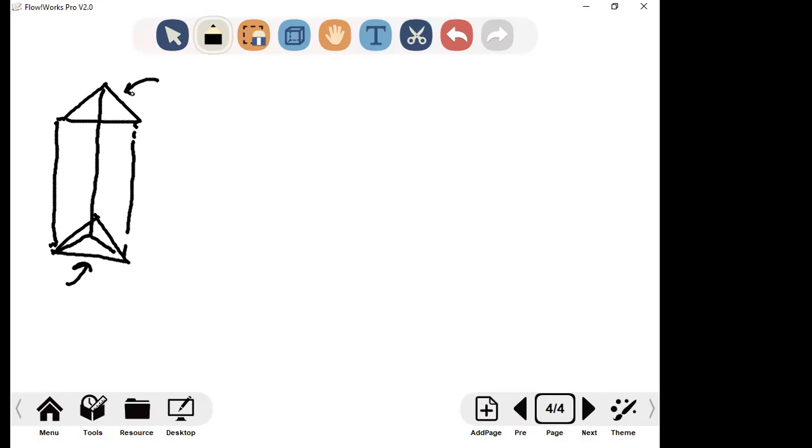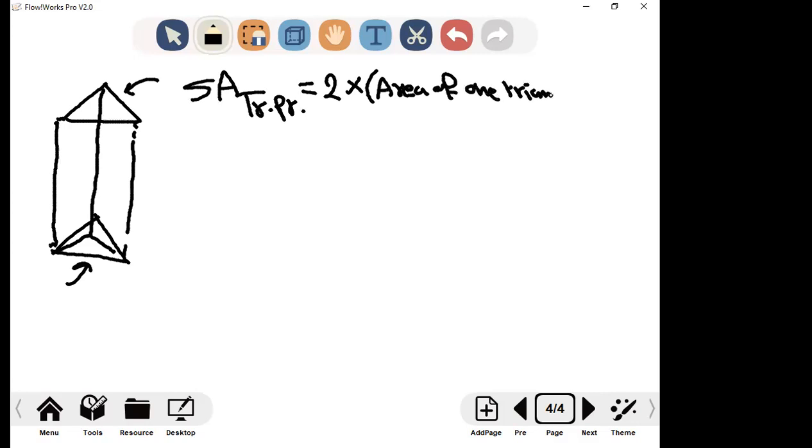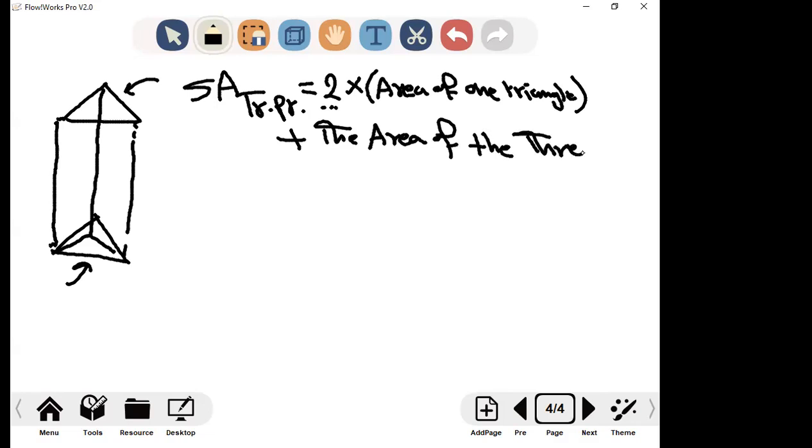So the surface area of a triangular prism equals 2 multiply area of 1 triangle plus the area of the 3 rectangles,